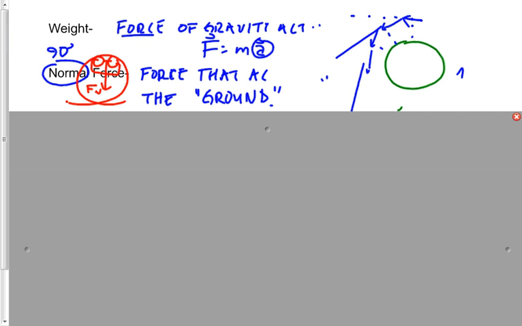When you free fall, gravity's still acting on you, but there's no normal force acting on you. So although there's gravity, you don't perceive gravity. And what happens? You float around. That make sense? What happens if you're outside